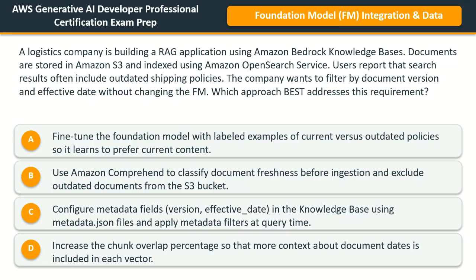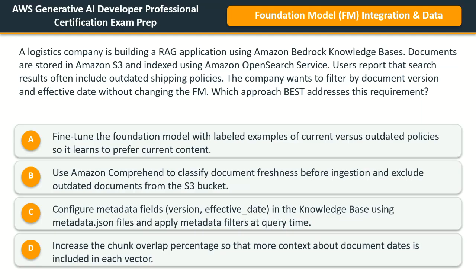C. Configure metadata fields, version and effective date, in the knowledge base using metadata JSON files and apply metadata filters at query time. D. Increase the chunk overlap percentage so that more context about the document dates is included in each